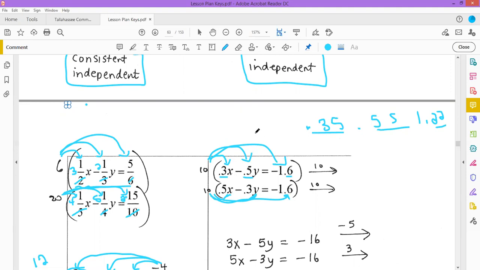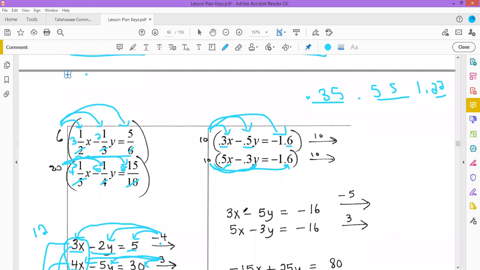Now, when we do that, what it does is it removes the decimal point. Move the decimal one place to the right. That's the same thing as multiplying by 10. So 0.3 times 10 gives us 3x. The negative 0.5 times 10 gives us 5y equals, and on the right side, negative 1.6 times 10